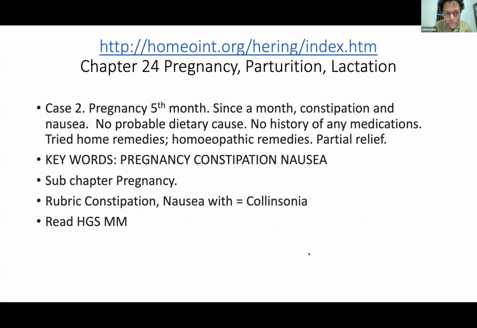Case number 2. This woman, again another patient, has had constipation and nausea since 1 month. So as discussed earlier, I asked for any dietary or lifestyle errors. She said no. And another thing is